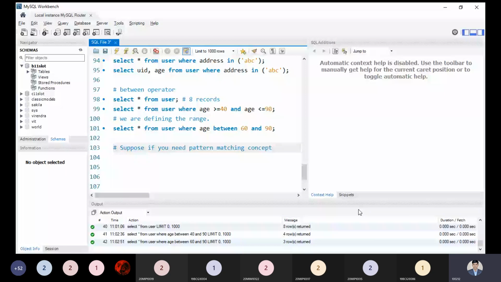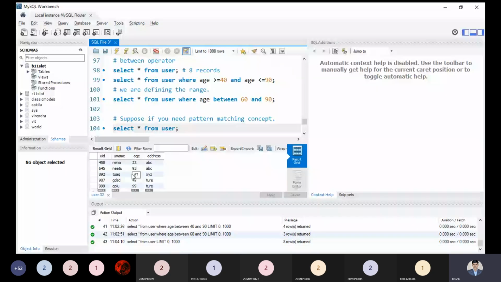So I'm putting in the pattern matching. Select star from user. Now I can see I have some data. I need to choose the names of persons whose first name begins with N. Suppose I'm choosing these two records.